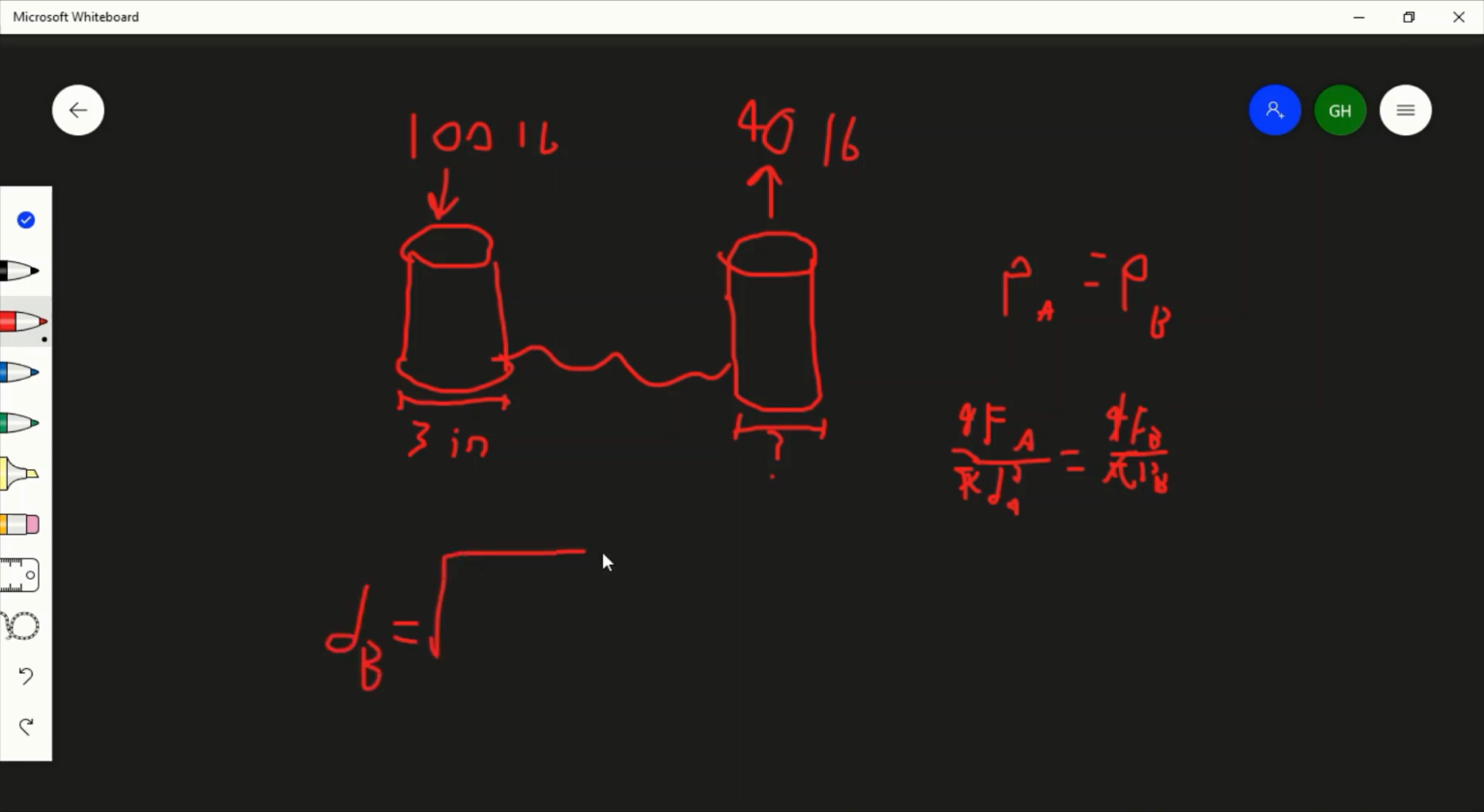Diameter of piston B is equal to the square root. Let's see, so you would flip both sides and then multiply by force, so we get the diameter of piston A squared times the force being applied on B divided by the force being applied on A, and then you find the square root of that and you'll get your diameter of piston B. So we'll replace all that and we'll come up with 9 square inches